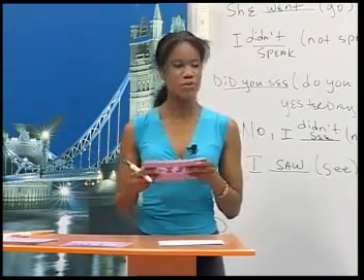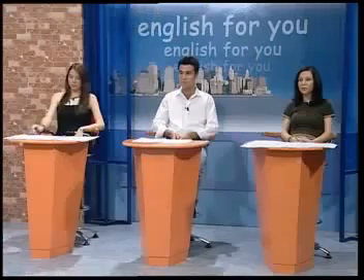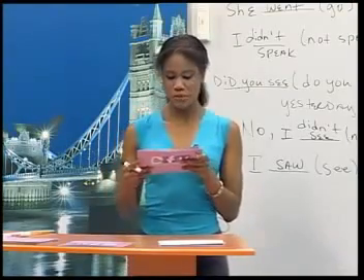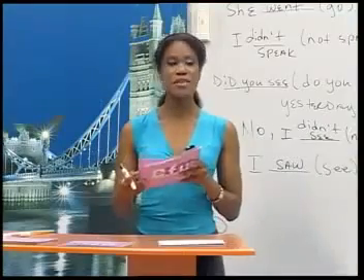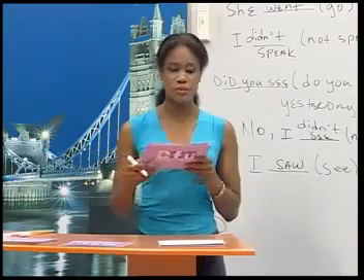Sylvia, where did Susan go last week? Susan went to the library last week. Very good. Linda, what did Susan read? She read a book about Turkish history. Yes, good. Now, Alberto, here's one for you. When did the Turkish Republic start? The Turkish Republic started in 1923. Yes, that's right. You do the next one too, Alberto. Who was the first leader of the new Turkish Republic? The first leader of the Turkish Republic was Mustafa Kemal Atatürk.